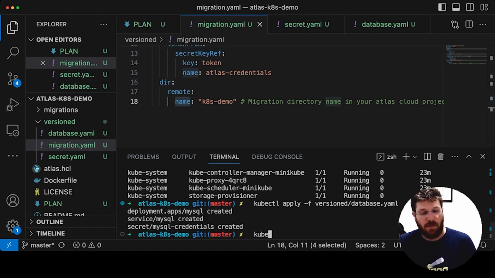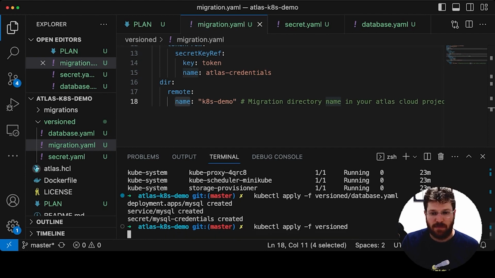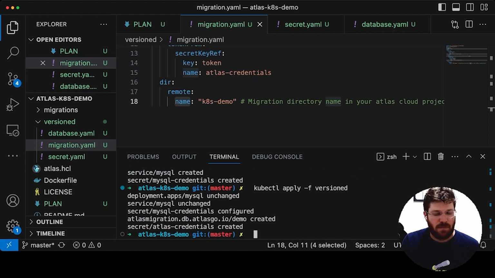Now, if everything works correctly, we should be able to apply these resources and see our migration take place. So our existing resources are unchanged. We have created a custom resource for our migration, and we created this secret that we need. Now,